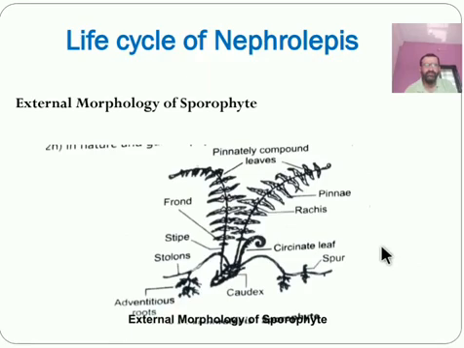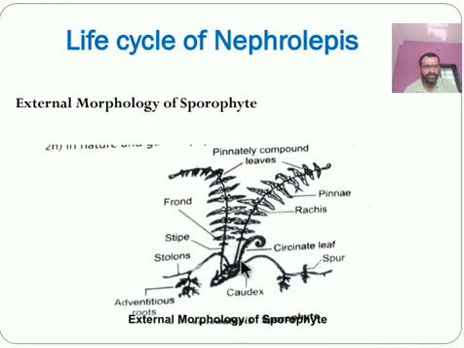Next one is about the external morphology. Let us see here the actual plant. This basal part is known as the caudex, and that caudex has branch-like structures. Let us see here, that is known as the stolon. On the stolon, the adventitious root system arises here. This is also a stolon, and these are the adventitious roots, and from this spur the new plant or new leaf-like structure arises.